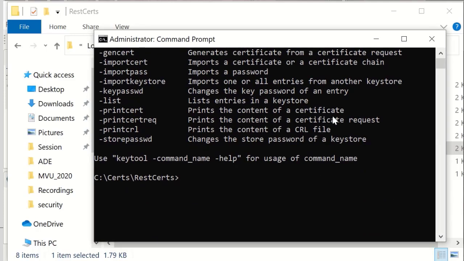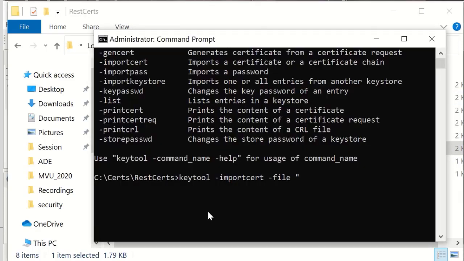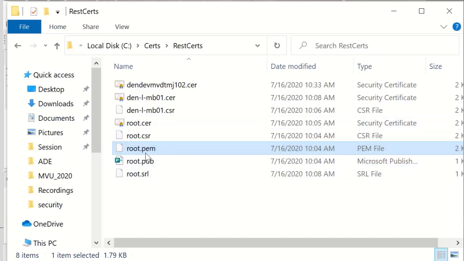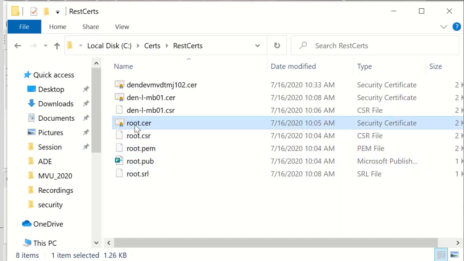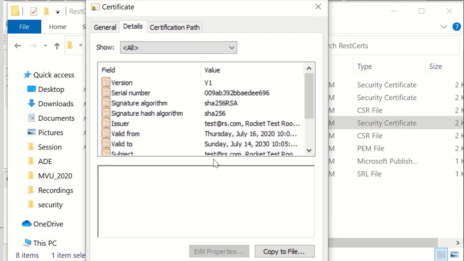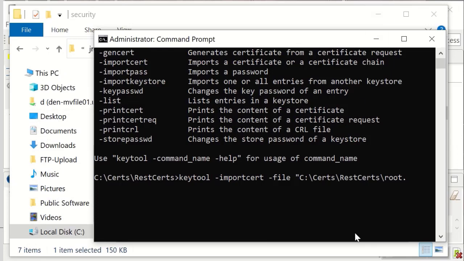So the command here, I'm going to use keytool -importcert -file, and we'll use double quotes and give it the path to this root certificate and the file name. I'm sorry, I've been pointing to the wrong one the whole time. That's the private key. This is the actual root certificate file. So if we look at that, just rocket test root. Not much for details. So that's the one I'm going to be importing. So root.cer,